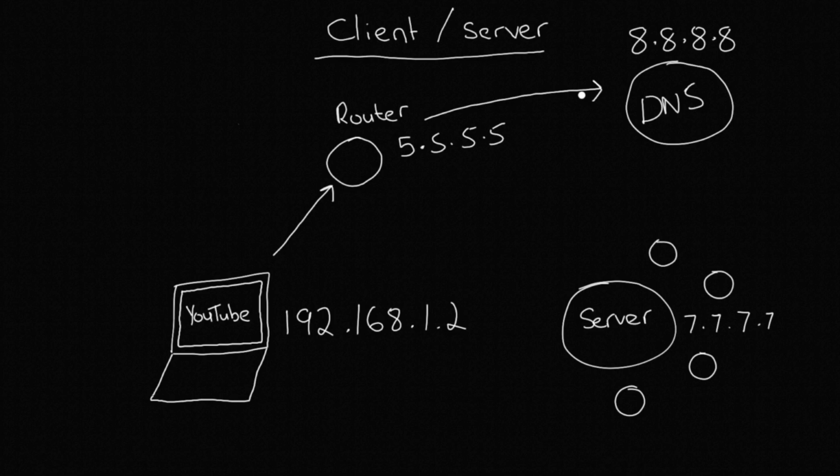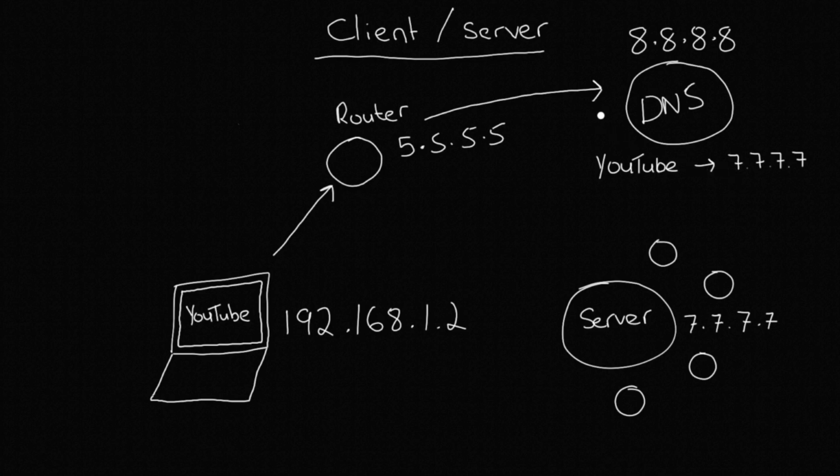I'm looking for youtube.com. Could you tell me what the IP address of youtube.com is? And the DNS server has a table, and it has a list of names, so it would have YouTube. Our DNS server will look for YouTube, and it'll say, oh yeah, I have YouTube, and I know that YouTube is at the server